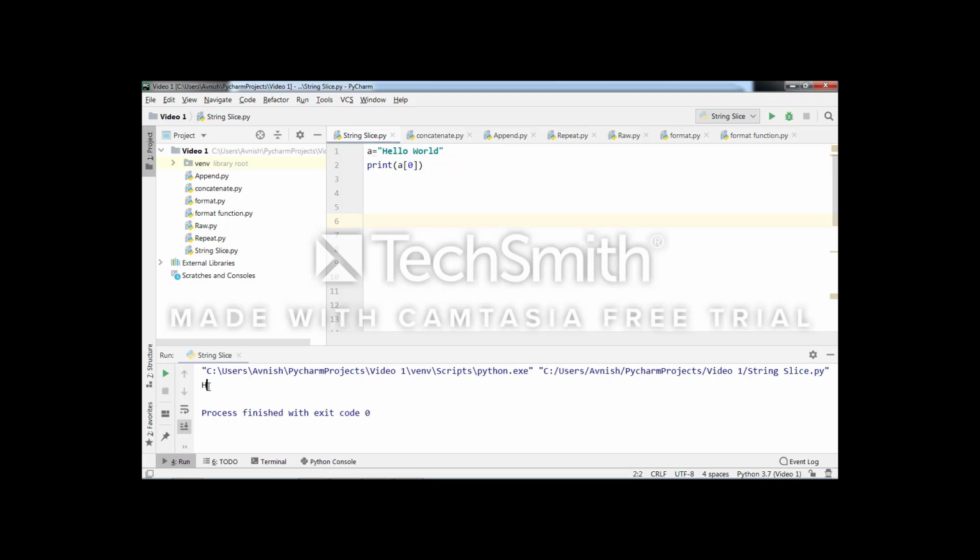See, the output is H. That means at the 0th index of this string, the character H is stored. In the same way we can check other index values also one by one. Okay, E is the character which is stored at index value 1. In the same way we can find other characters by index value.